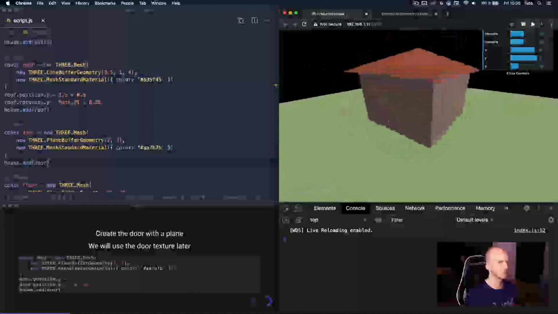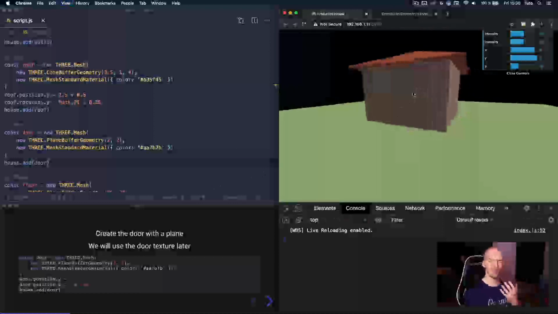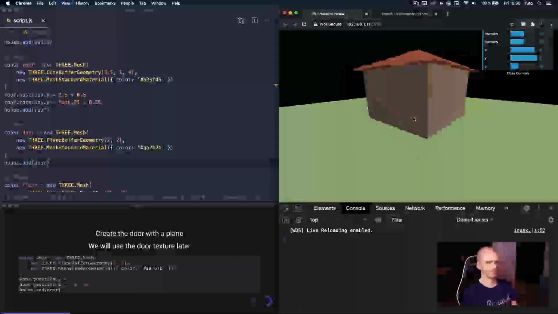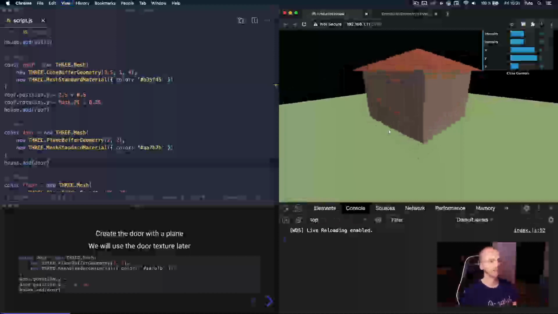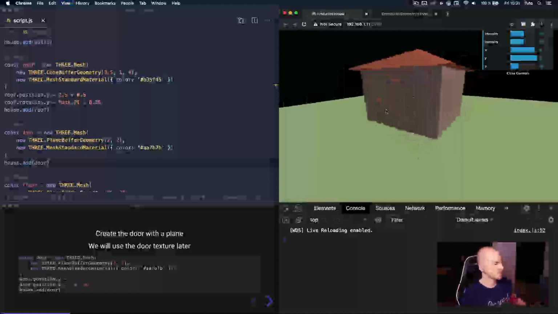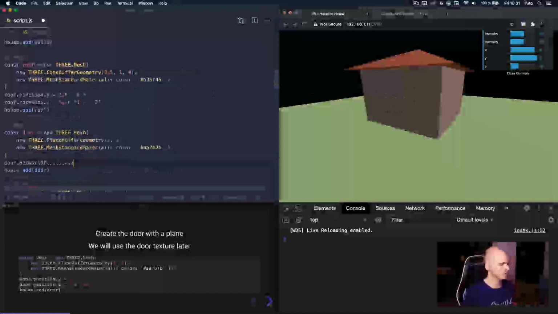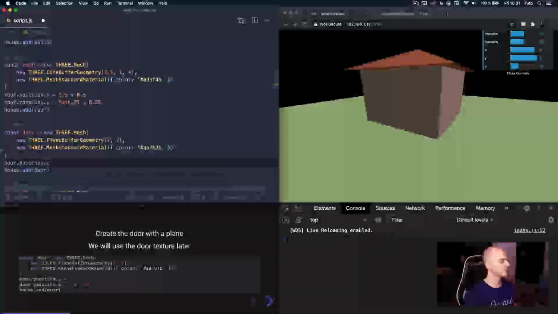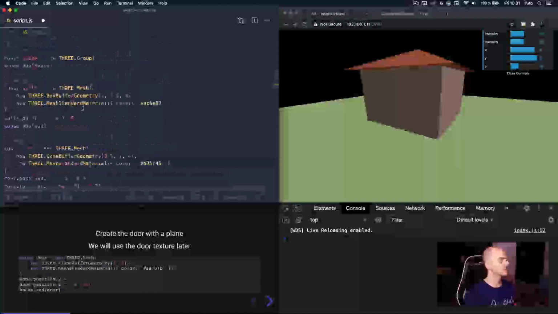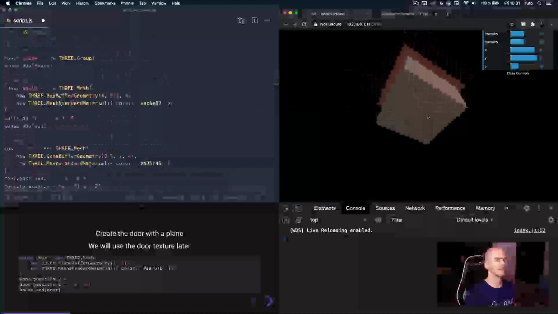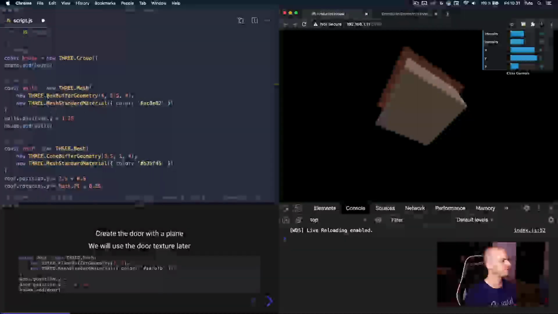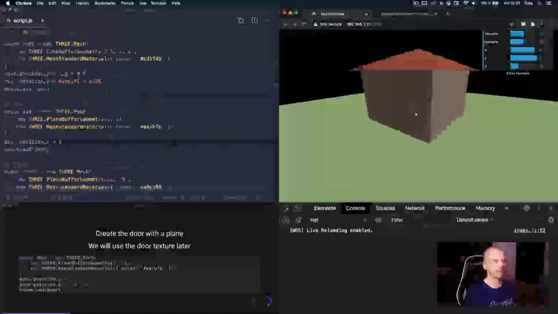We need to move it a little, and we are going to move it forward the camera. All right, so the camera has an angle right now, but we want our door to be here so that when we refresh, we can see the door right away. So it's going to be door position Z, and how much on the Z? Well, I can use the size of my walls, and as you can see, it's half the depth of my walls. So it's 4. Then I can just do 2, because 2 is half of 4,